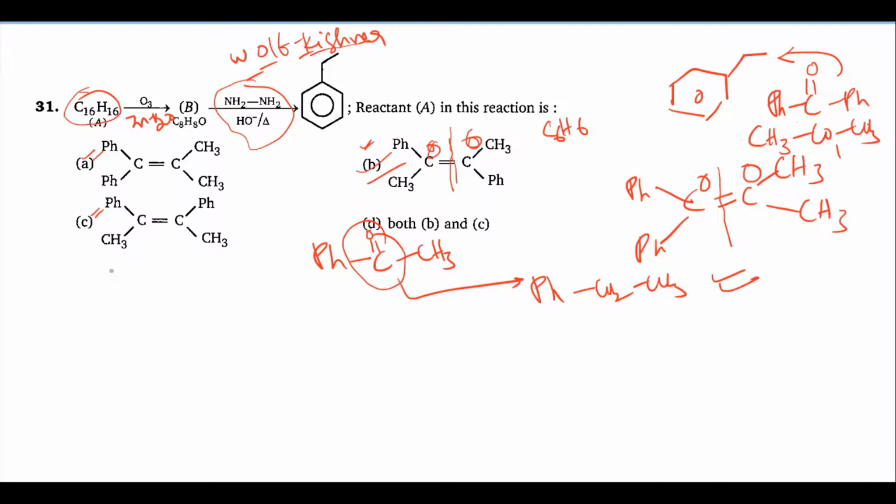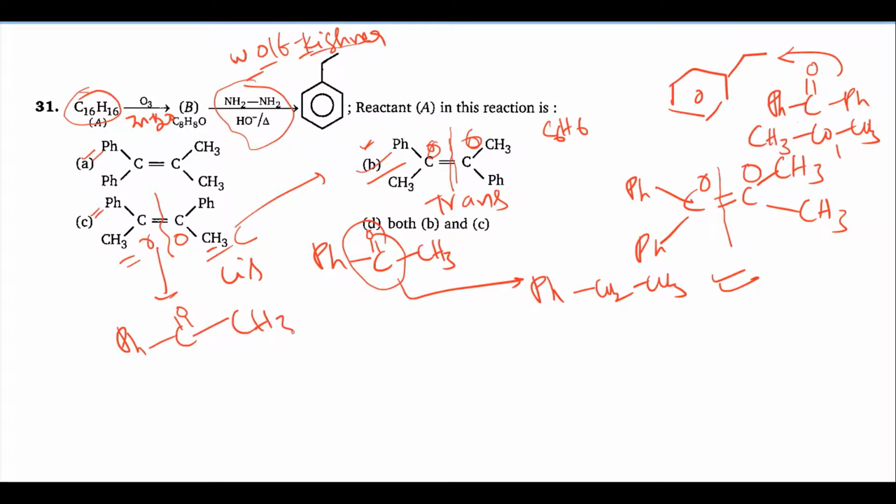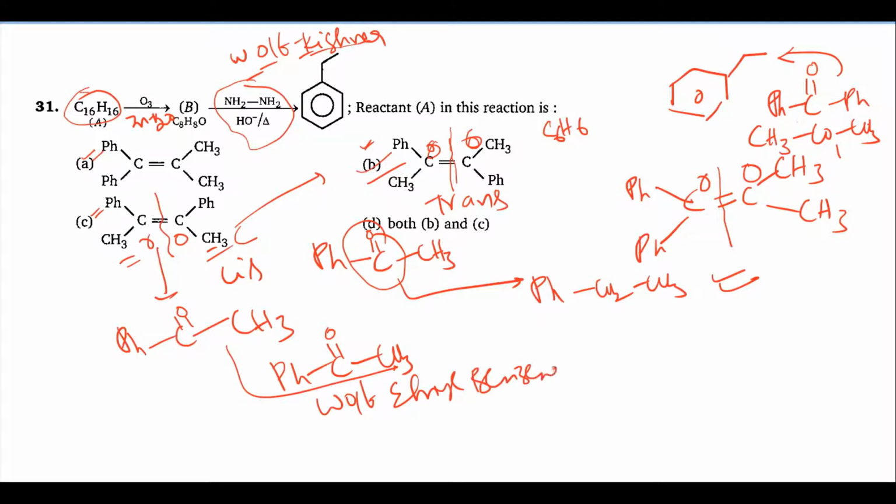Now coming to the C option. Ozonolysis, add oxygens, same thing, Ph C double bond. This is cis and trans isomers only, very simple. This is the cis isomer and this is the trans isomer, geometrical isomers. Both are possible. So Ph C double bond O CH3 and Ph C double bond O CH3. So 2 moles you will get, and obviously when this is treated with Wolff-Kishner reduction, you are going to get ethyl benzene. This is ethyl benzene only. So the correct answer will be D option.